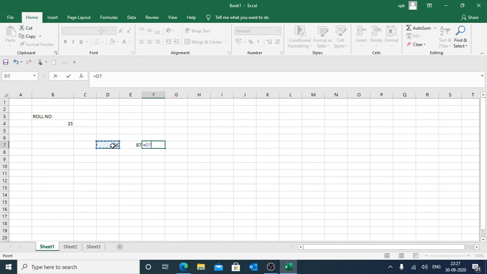I will just click on this cell and press the plus sign and click on the second cell. You can see over here instead of values, the address of the cell is added: D7 plus E7. Now I'll press the Enter key to get the result. So you can see here I have entered text, number and formula in Excel.